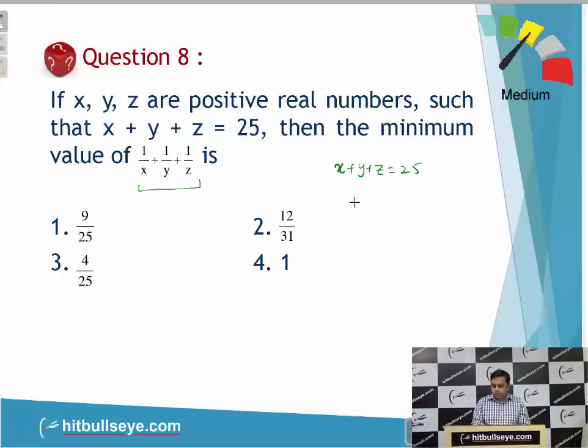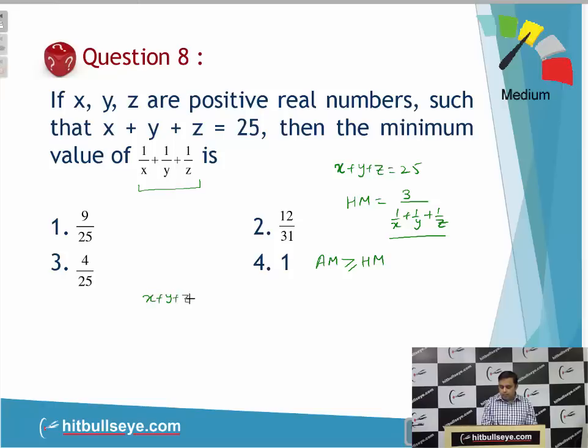Now we know that for three numbers the harmonic mean is given by 3 upon 1 over x plus 1 over y plus 1 over z. Now this is nothing but what has been asked in the question. That means for this question I will not use arithmetic mean greater than or equal to geometric mean, but I will use the second inequality, that is, the arithmetic mean of the given numbers is always greater than or equal to their harmonic mean. Now the numbers given are x, y and z, and